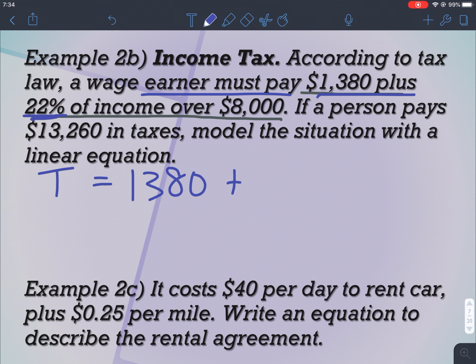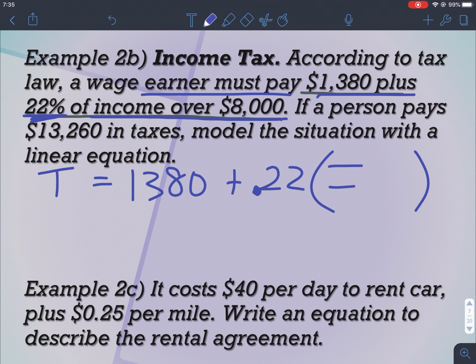The first thing we have to recognize is 22%. We have to be able to write that as a decimal. So I'm going to write that as 0.22 of income over $8,000. This is the hard part. So this is actually a quantity. And anytime you hear the word quantity, you have to think parentheses